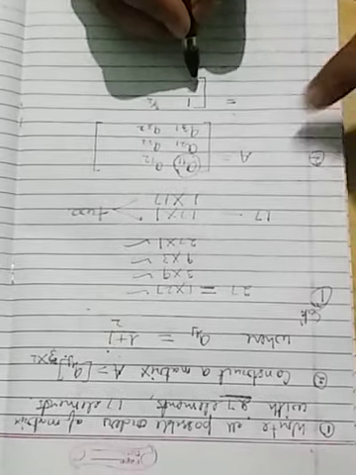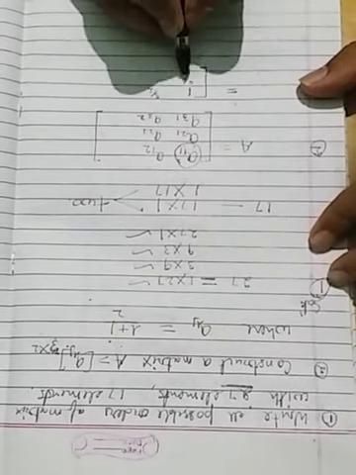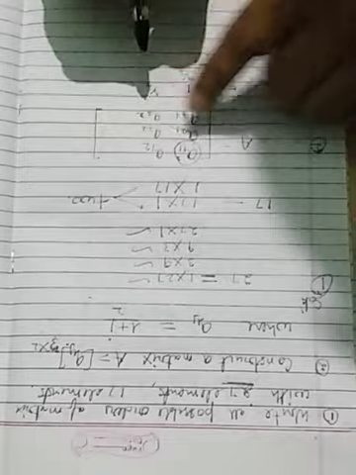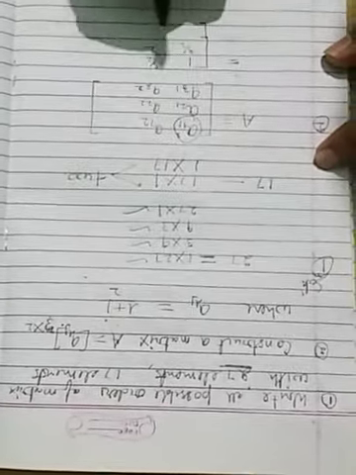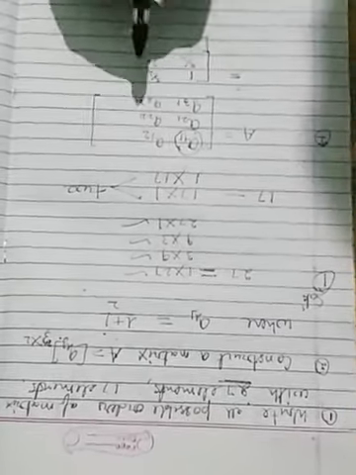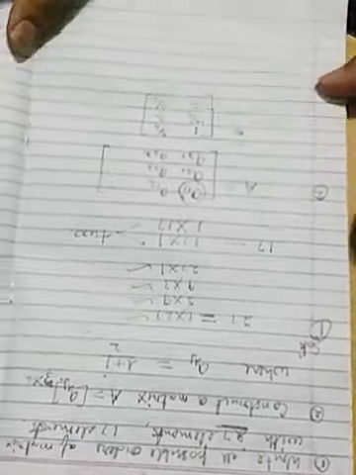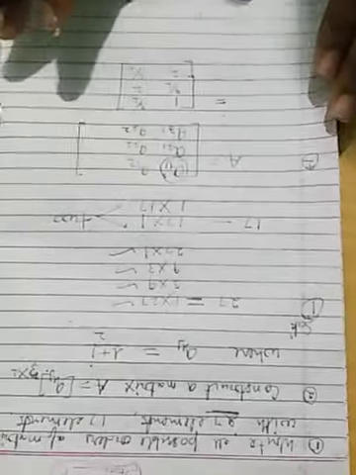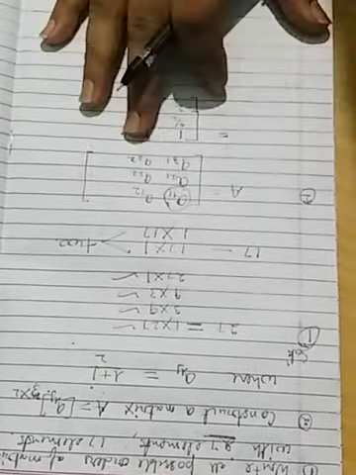Similarly, A21. A21 means i is 2. j is 1. So again this is 3 by 2. Next is A22. This will be 2 plus 2 by 2, that is 2. And now the next one is 31. 31 means 3 plus 1, 4 by 2 is 2. And last 3, 2. So 3 plus 2, 5 by 2. So this is the matrix. I think you are now quite capable of solving questions related to order of matrices and construction of matrices. So this we have just completed.